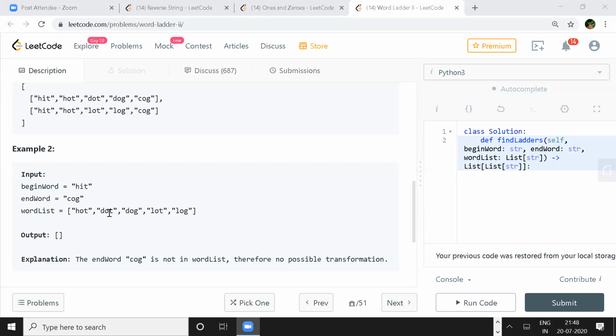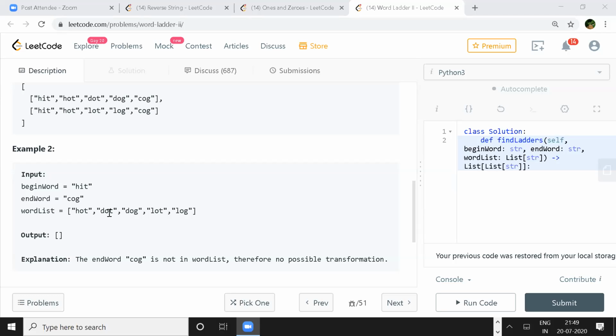But I don't think so. Here we don't have a C, right? So we can't form the end word. Yeah, but suppose we have log, right? Then we can map that log to cog.